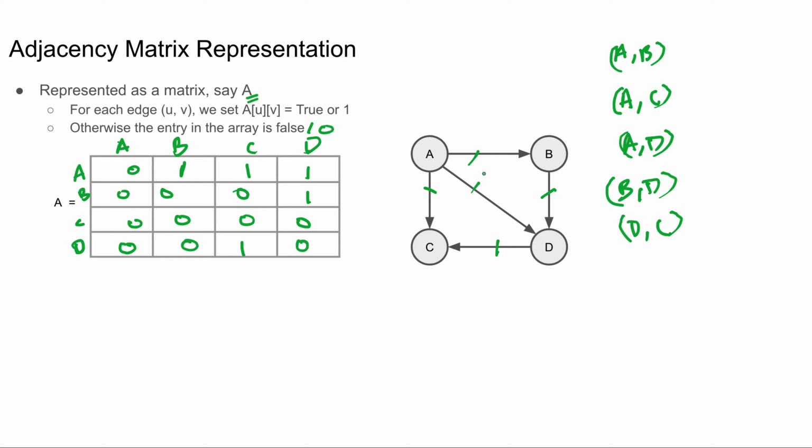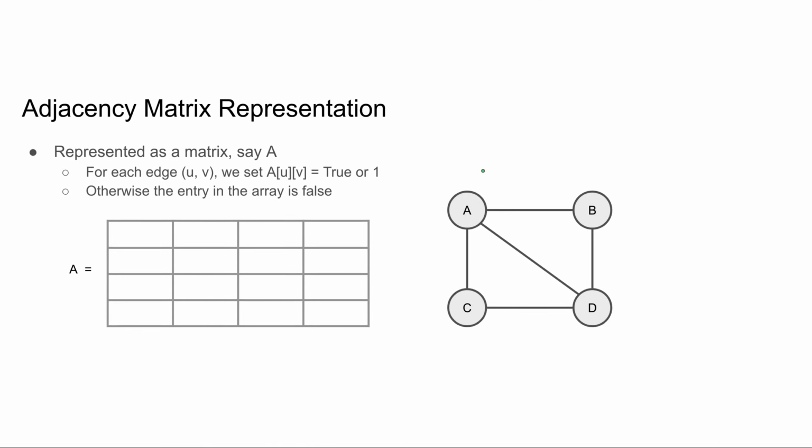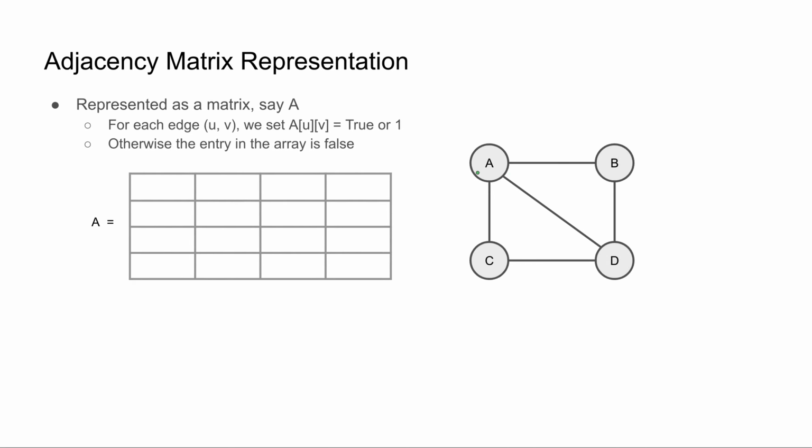So if you have an edge from A to B, there is no edge from B to A implicitly in this graph. But look at an example of an undirected graph such as this one. If you have an edge from A to B, then similarly you will have an edge from B to A implicitly. So this is not a directed graph, this is an undirected graph. We will follow the same procedure here also. I will have 4 columns with the names of the vertices A, B, C, D, and here also A, B, C and D.